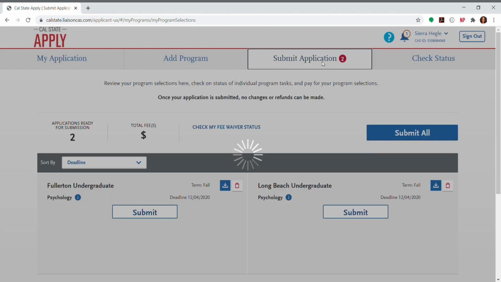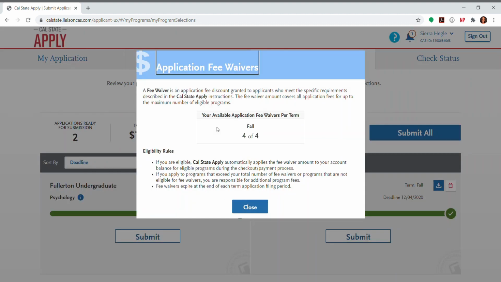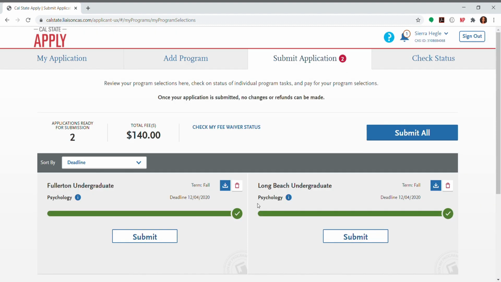And this is when you're going to find out if you qualify for a fee waiver. So a new link is going to appear right here, which you weren't able to see before. And when you click on it, it's going to tell you how many fee waivers you qualify for. So when I click on this, a pop-up window comes up and it shows that I qualify for 4 of 4 fee waivers, which means that I have 4 free CSU applications for fall 2021. Although it shows that the total fees for me is $140, once I click submit all, I will not be